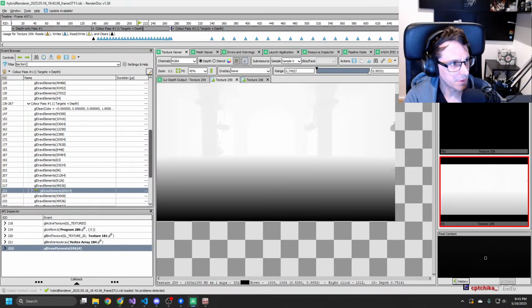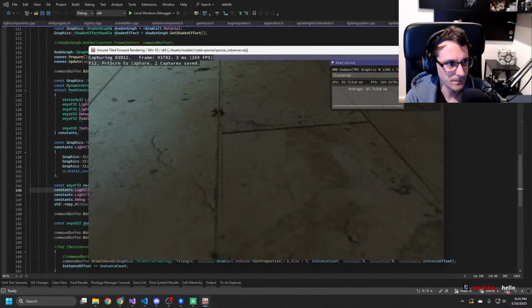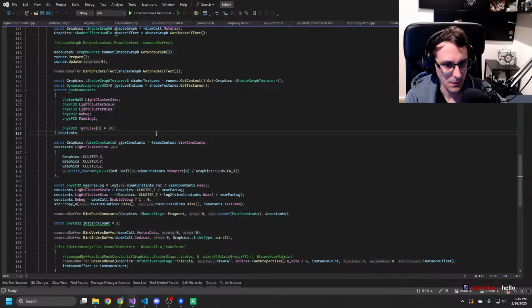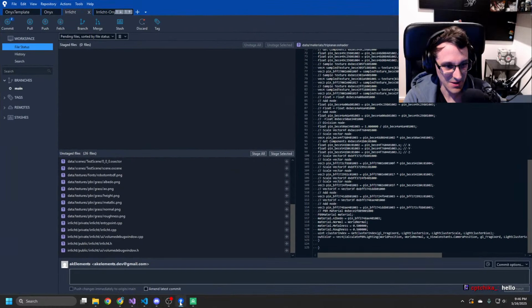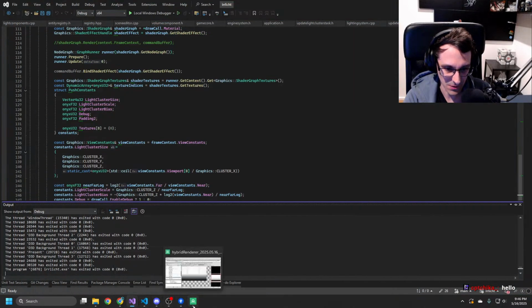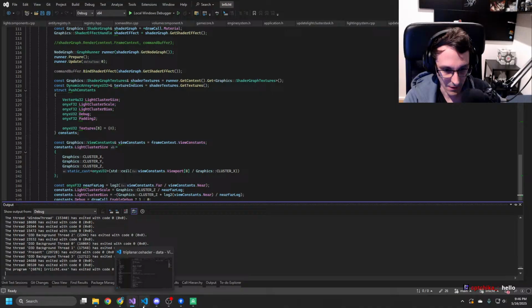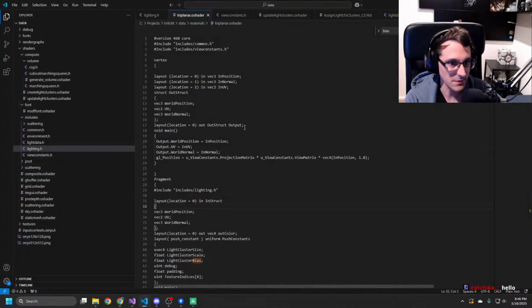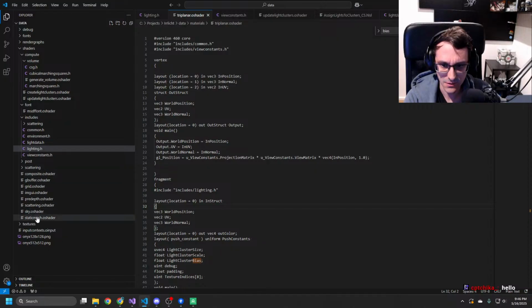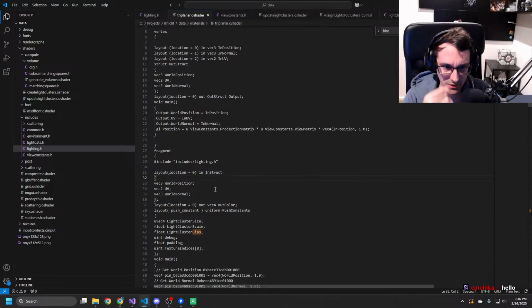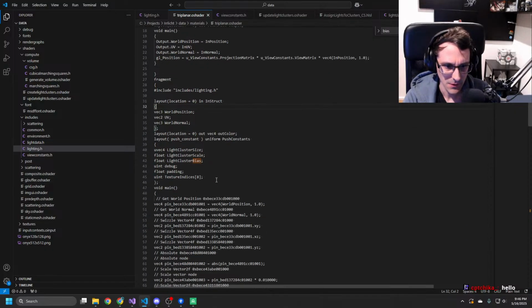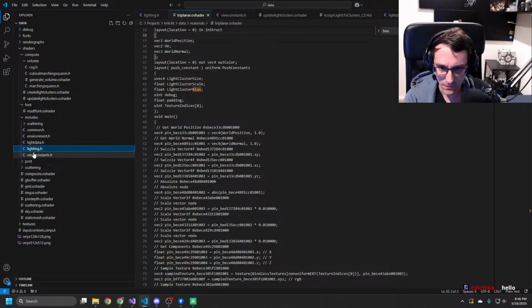Okay. But then if that's the case, I don't think it makes a whole lot of sense, but let's try it. I don't think it's correct in terms of it doesn't really make sense that it's the real depth, but view constant.